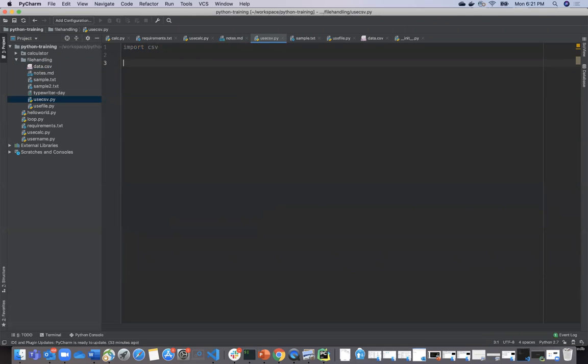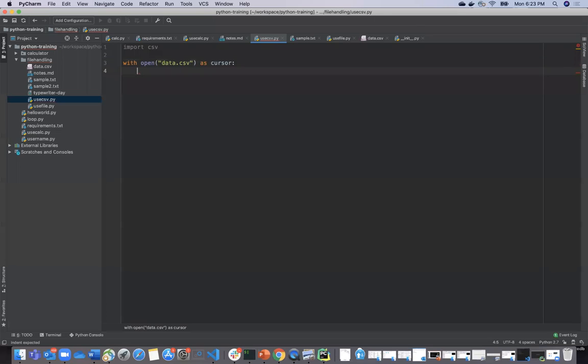The simplest possible way to read is to use the reader functionality, but reader requires you to have a file handler. So you just use the open method as we did before: with open and give the file name. What is the file name that we have here? data.csv as cursor. Nothing special about it.